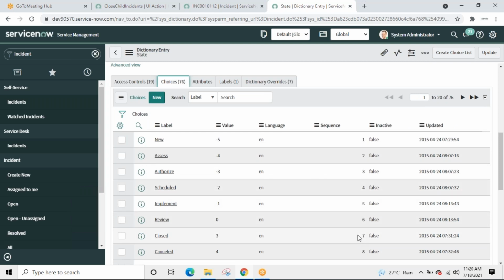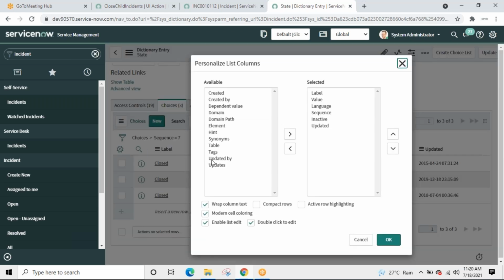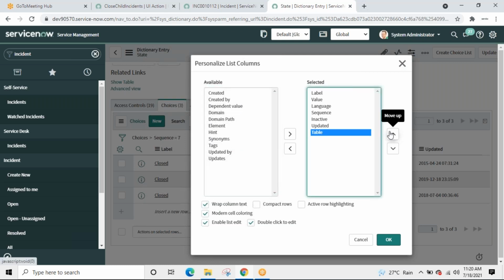So I will do show matching 7. See, closed is 7. That's the reason why I provide this. Okay, why are there duplicates? It would be for a different application. Let me see if we can segregate. Created, dependent value, element, path, updated, synonym table. Our table should be incident.